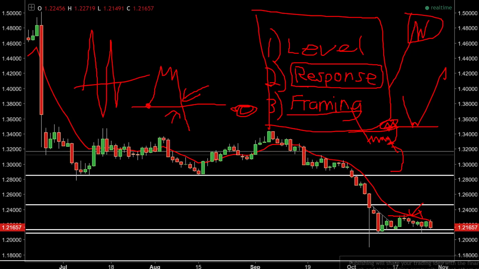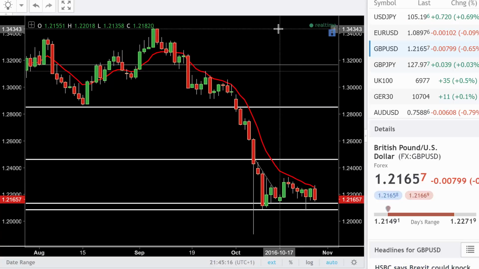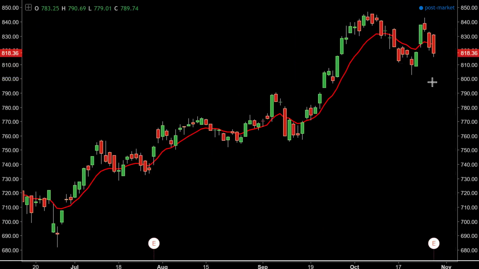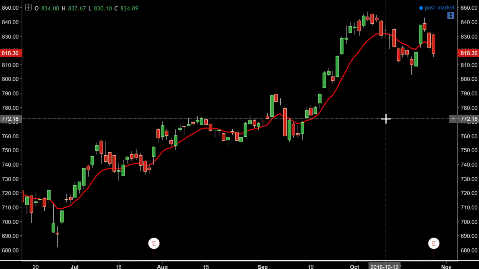If Amazon starts trading back above 800, 810, whatever it may be tomorrow, then pretty much we can all say that it's a strong price response, and then you can maybe frame a trade from that. And it doesn't necessarily have to be Amazon, it could be anything. It could be pound US dollar, where we're saying it's weak, could be yen, any currency pair. It's all the same kind of game.